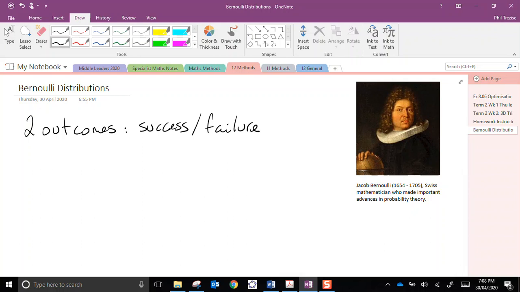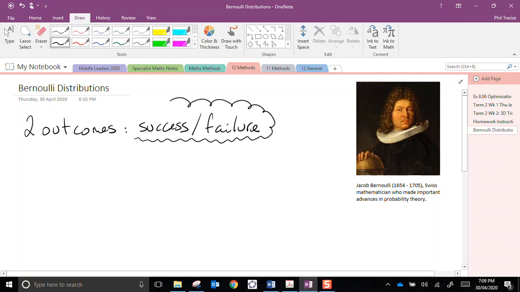So, for example, a Bernoulli trial or a Bernoulli event could be tossing a coin, where you consider getting a head is the successful outcome and getting a tail is the failing outcome. On the other hand, a Bernoulli event could be when a new baby is born. You could consider that a little baby girl is a successful outcome and a little baby boy is a failure of an outcome. Now that's not to try and judge whether a baby boy is better than a baby girl or vice versa. It's just that we have two outcomes and they're usually designated in this way as a successful outcome or a failing outcome.